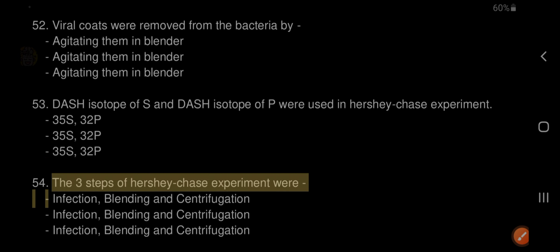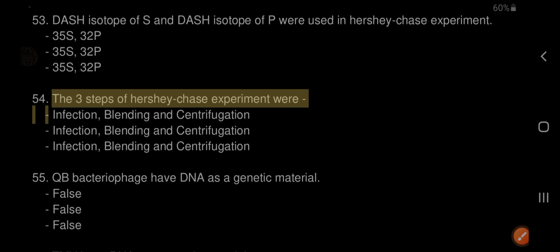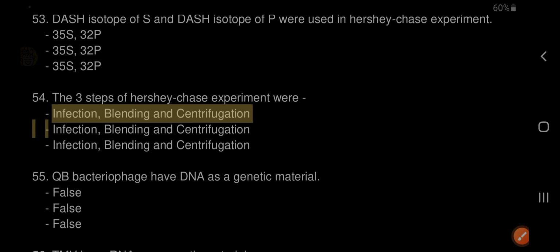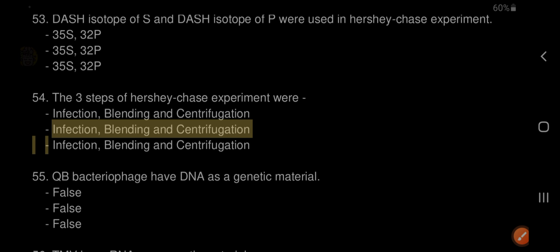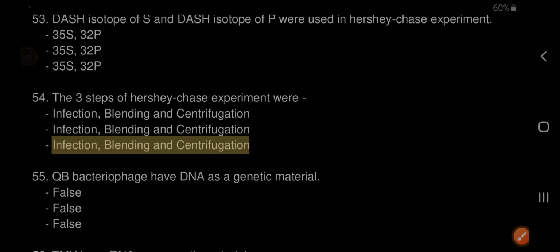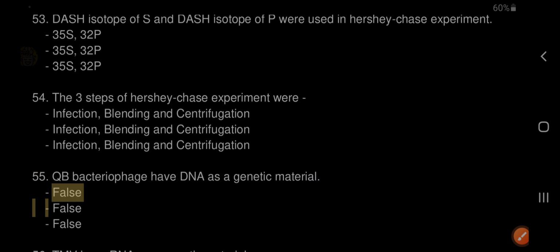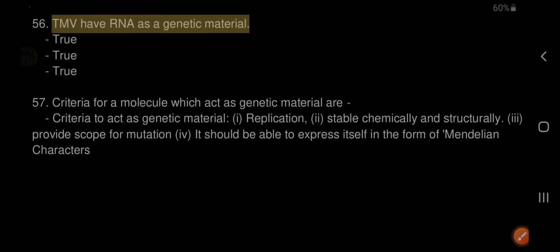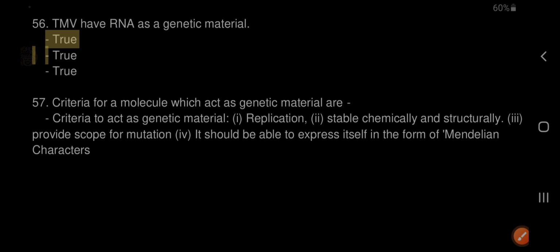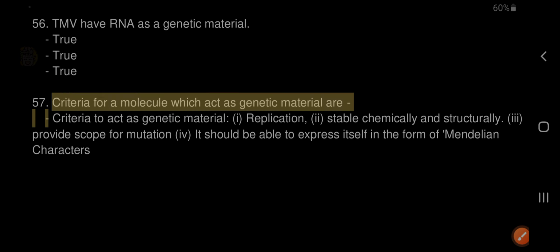54. The 3 steps of the Hershey-Chase experiment were infection, blending and centrifugation. 55. Q-beta bacteriophage have DNA as a genetic material. False. 56. TMV have RNA as a genetic material. True. 57. Criteria for a molecule which acts as genetic material are